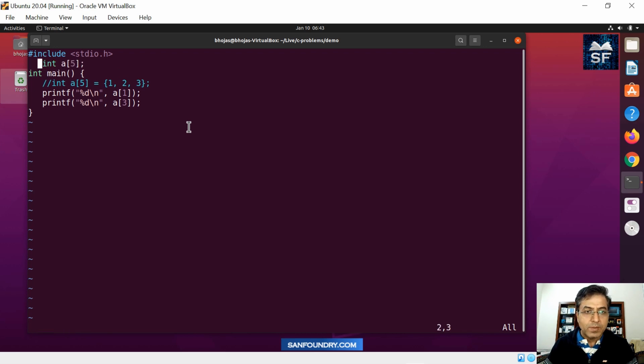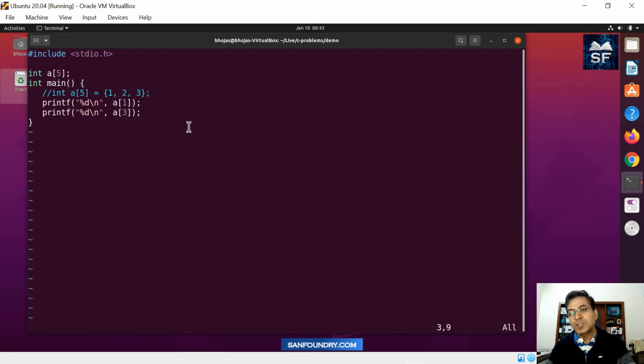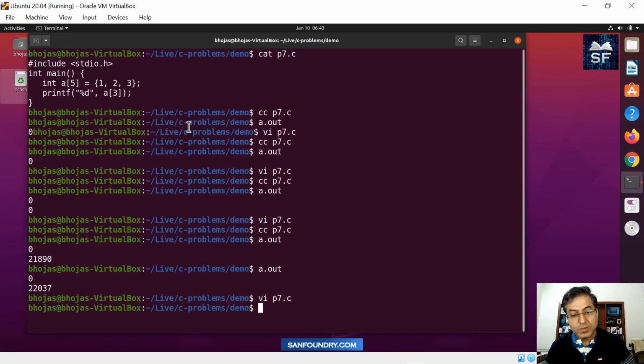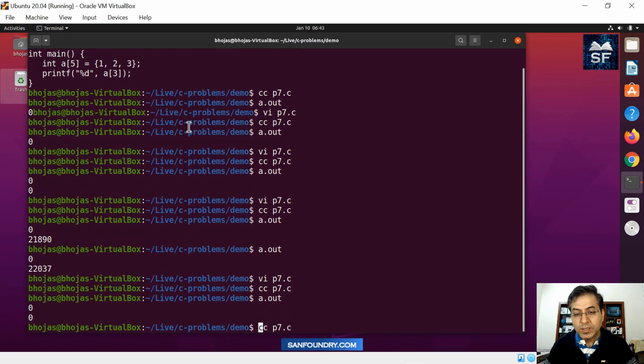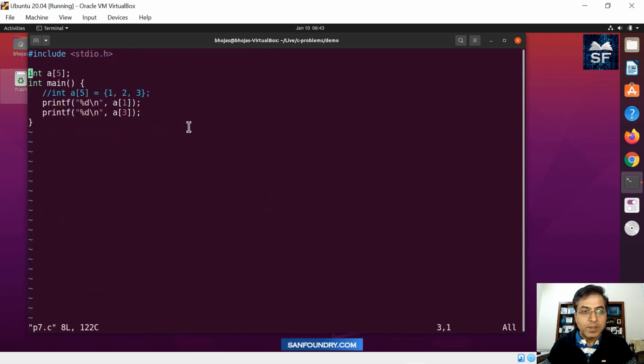If you really want to ascertain that these values are 0 without explicitly initializing with braces, make it a global variable. I repeat, if it's a global variable, it is always initialized to 0 if you don't explicitly initialize it. So when you compile this as a global variable, we got 0. Remember that if the variables are not global, like in this example, they are on the stack. They are automatic variables, automatically created and destroyed, and their values are always uninitialized or garbage unless you initialize them yourself.